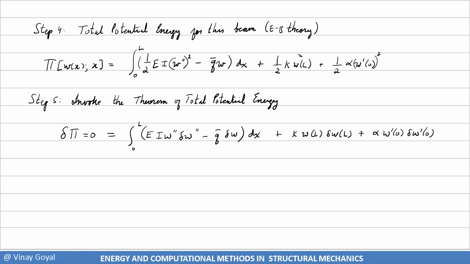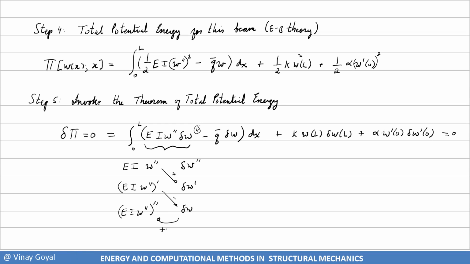So that's what I get for the first variation of pi, and I set all that equal to 0. And so now I have to integrate this term by parts to get rid of this double derivative, which I'll do now. EI w double prime del w prime, EI w double prime prime del w, EI w double prime del w, plus minus plus. And then I get now that the first variation of pi is equal to